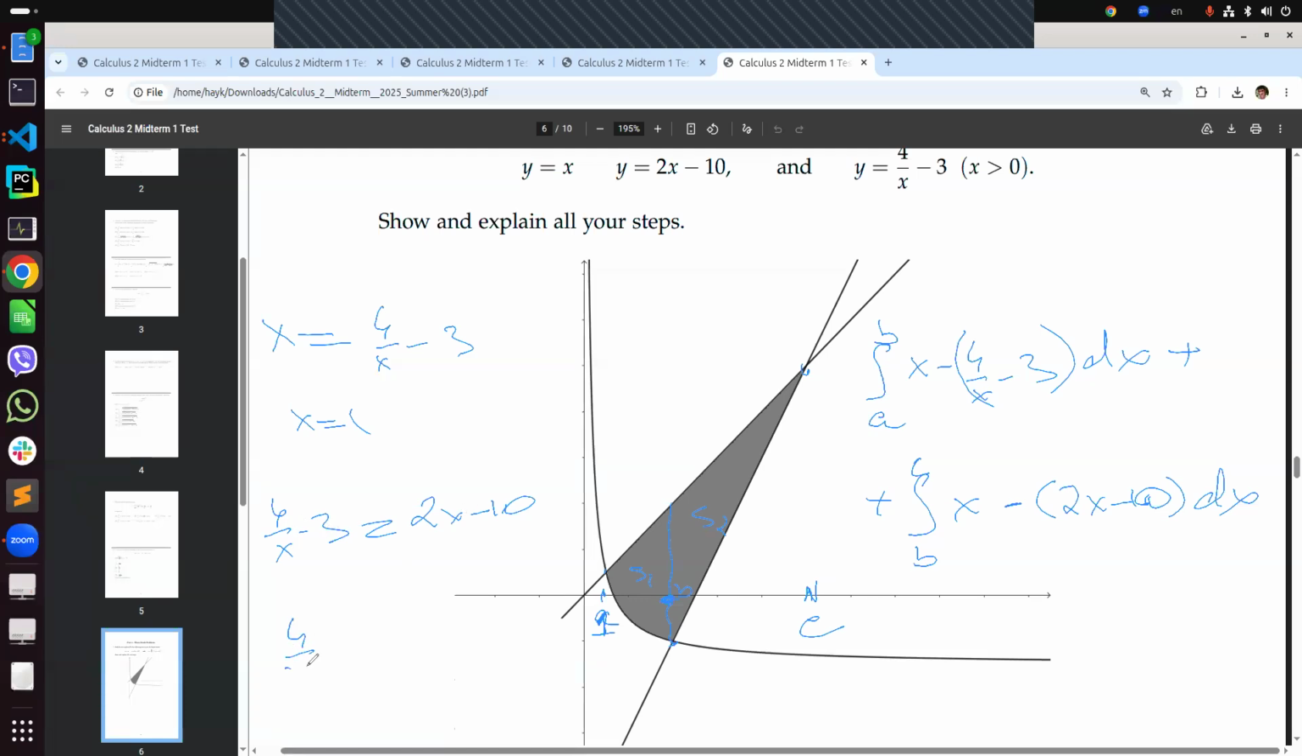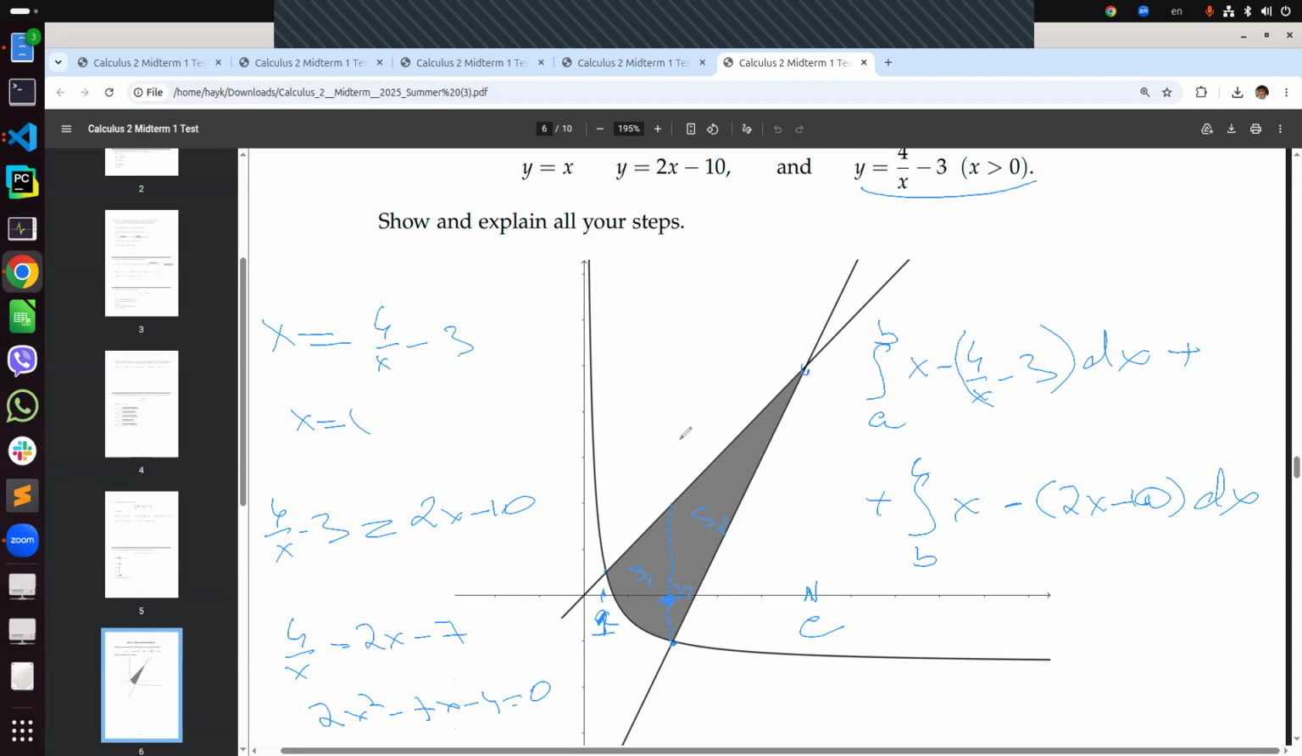Which means 4 over x is 2x minus 7, which means 2x squared minus 7x minus 4 equals 0. We have to solve this equation to find the next intersection point. And actually, if we have two intersection points, we have to pick the positive one, because here we are given that